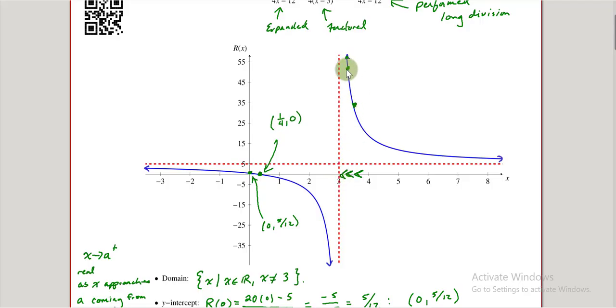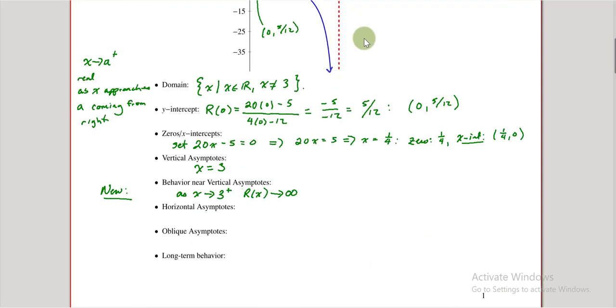I plotted corresponding points on the graph, and the y coordinates are getting larger and larger. So we summarize that behavior this way: as x approaches 3 from the right, the range values, or the y values, of r of x are approaching infinity. Similarly, as x approaches 3 from the left,